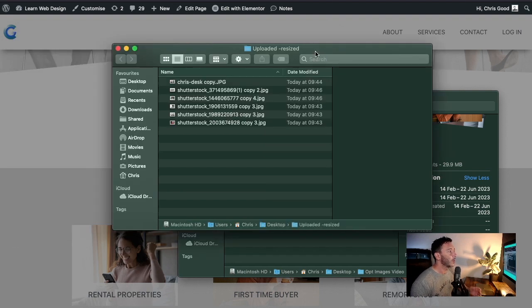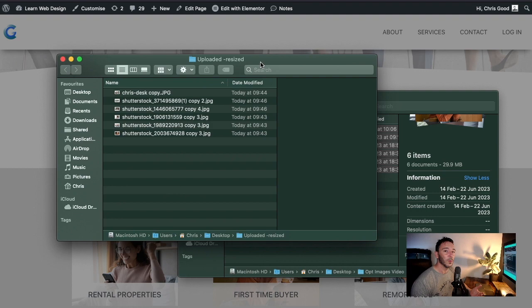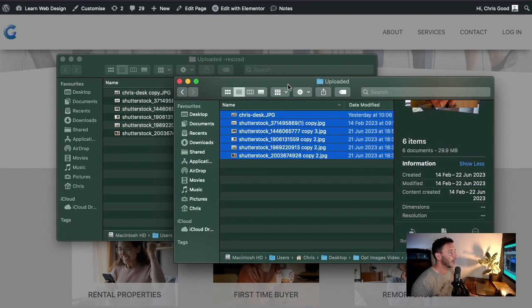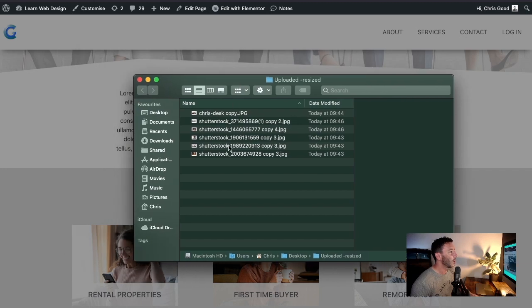Okay, so that's the actual literal size. Okay, so we've got uploaded, resized. I now don't need this. This is gone. So now this is what we want to work with. We've resized them in terms of literal size, and now we want to compress them and put them into the